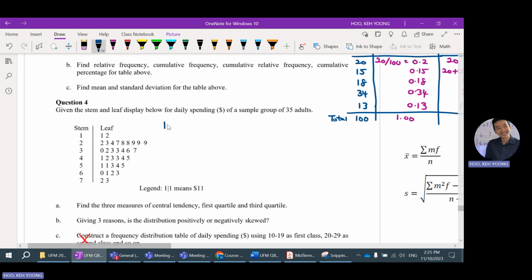The smallest value will be 11, followed by 12. You combine the stem and leaf: one digit from the stem, one digit from the leaf. Followed by 22, 23, 24, and so on until the last, 273. These are the 35 values. So when you want to find the